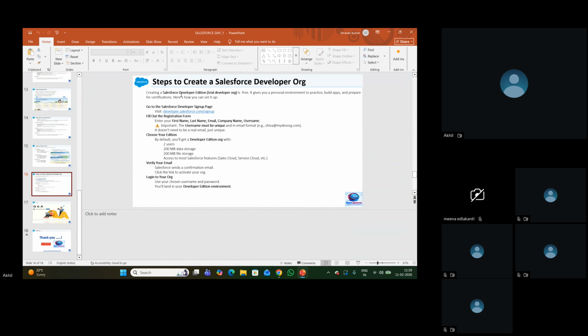We'll use this developer org for our practice, for our whole training purpose. It gives a personal environment to practice, build apps, and prepare for certifications.